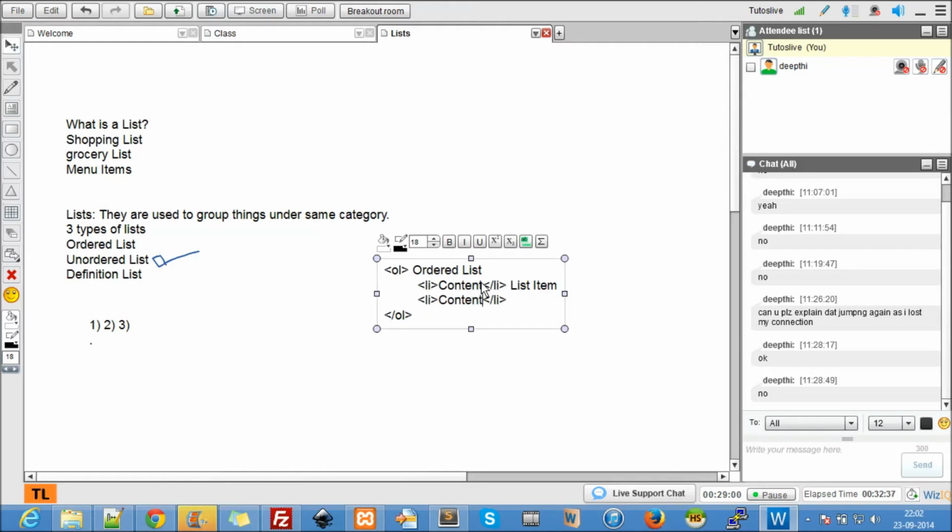So content here again. The syntax is the same for an unordered list, except the name is UL. UL stands for unordered list. The list item is the same for both lists. So content, content. This stands for unordered list. Ordered list and unordered list. Definition list, we don't really have to care about it. It will be deprecated pretty soon. That's outdated.